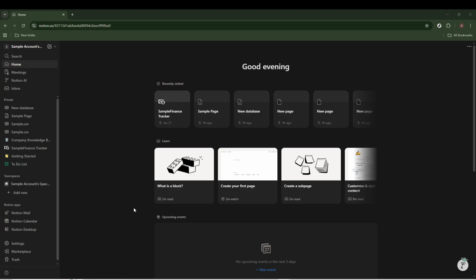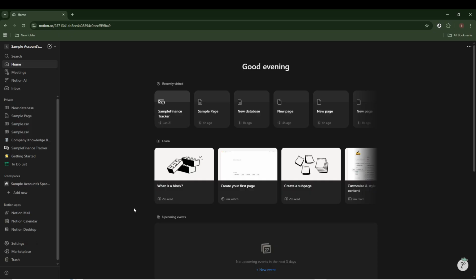In today's video, I'm going to teach you how to organize your Notion using the PARA method. This tutorial will walk you through a simple and effective system for organizing all your pages, notes, and projects in Notion, so everything is easy to find and manage. PARA stands for Projects, Areas, Resources, and Archives, and it's one of the most popular methods for building a clean